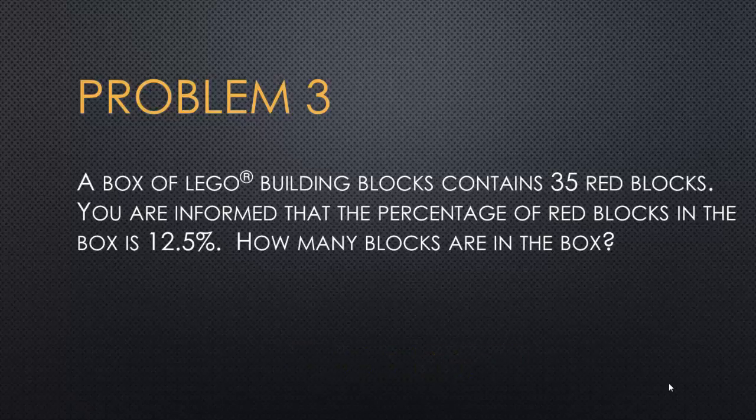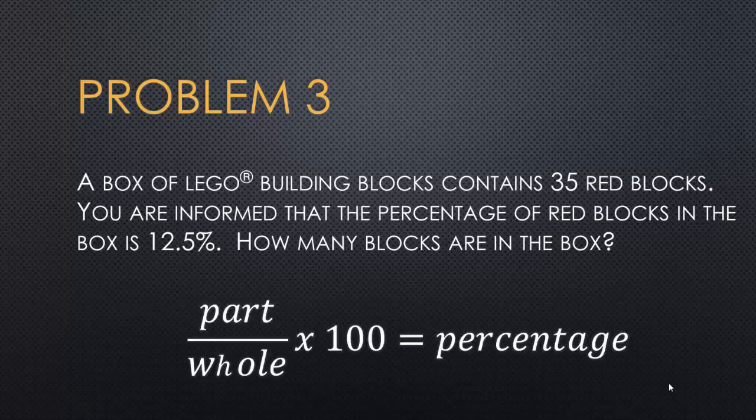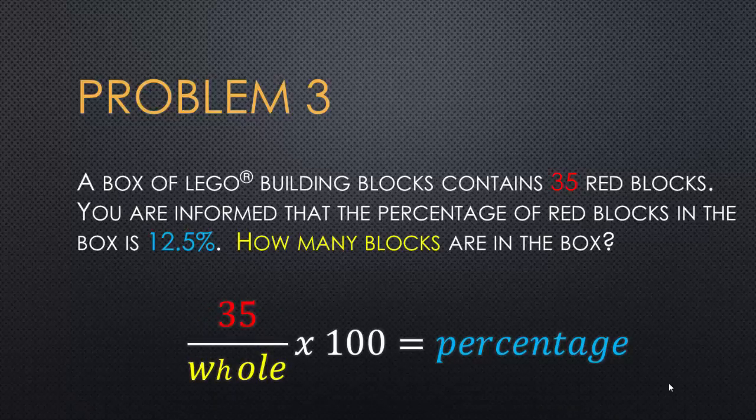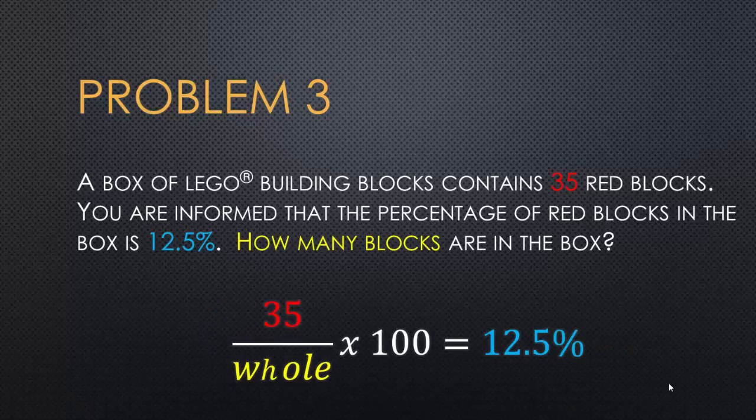Start with the problem. Go to the equation. The part divided by the whole times 100 equals the percentage. Identify what you know. Well, the part is 35 red blocks. The percentage is 12.5%. The whole is how many blocks? I don't know that. But now, since I know 2 out of the 3 variables, I can calculate the third. So I plug the 35 into the part, the 12.5 into the percentage, and I'm going to solve for the